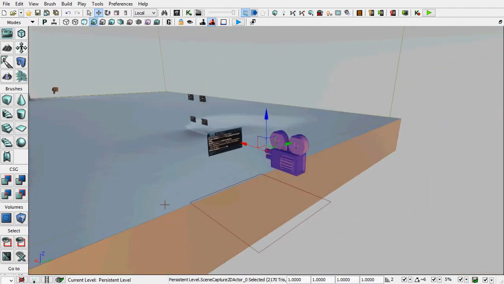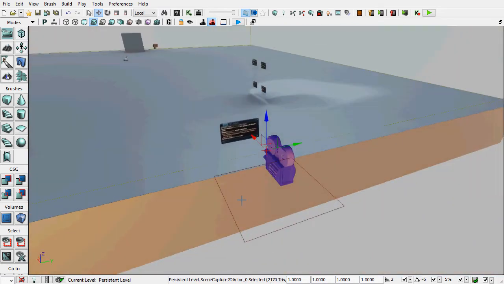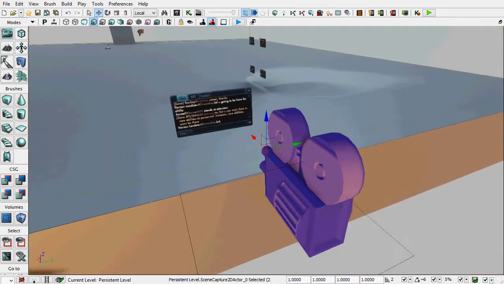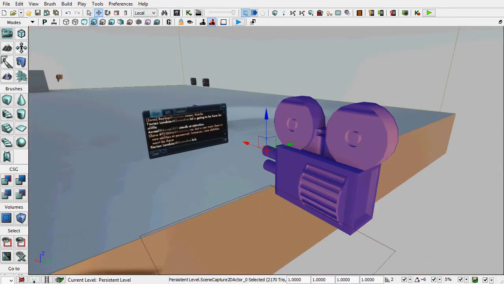So I hold down the L key and then I hold down the left mouse button and move around, and then the right mouse button to zoom in. Okay, that's a neat trick I learned. Anyways,